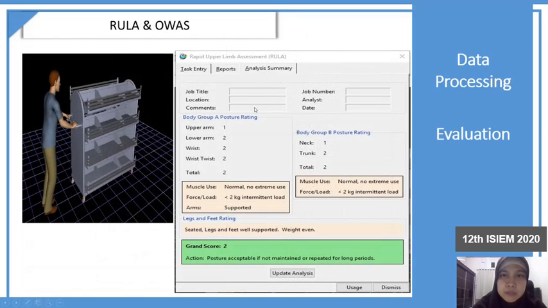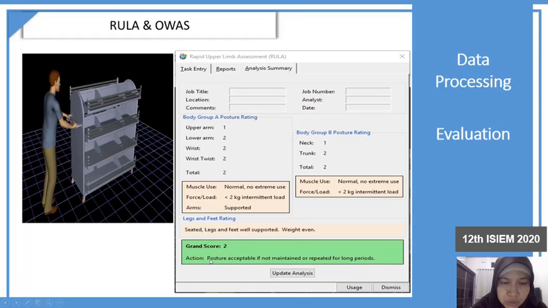Now, after we do the evaluation, we do the evaluation with RULA and OWASP, so we can know whether our design is a good design for the operator or not. From RULA, we can get grand score 2.